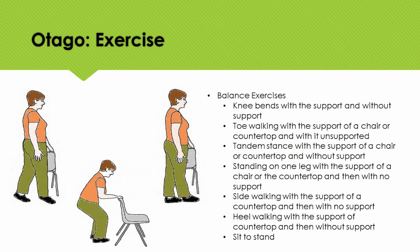So now we're going to move on to the balance exercises. Now these will start off by having some support of a chair or a countertop, and then as you gain confidence with your balance, you'll move on to doing these exercises unsupported. Some of these exercises include having your knees bent, almost doing a mini squat, toe walking, which just means you're going to rock up on your toes and walk like that, tandem stance, which means one foot will be in front of the other, where one heel is touching the toes of the other foot,